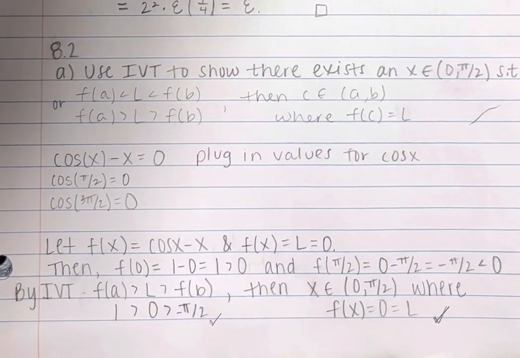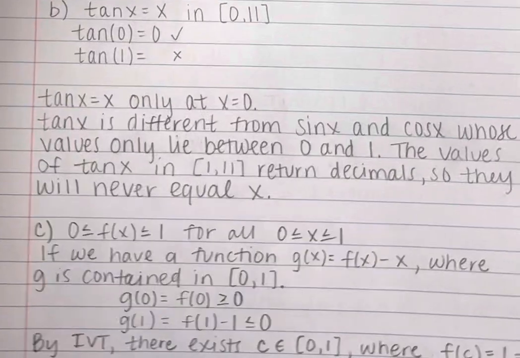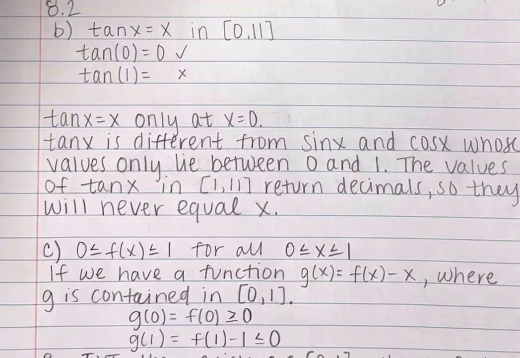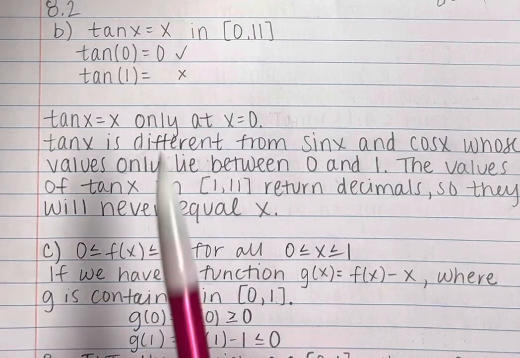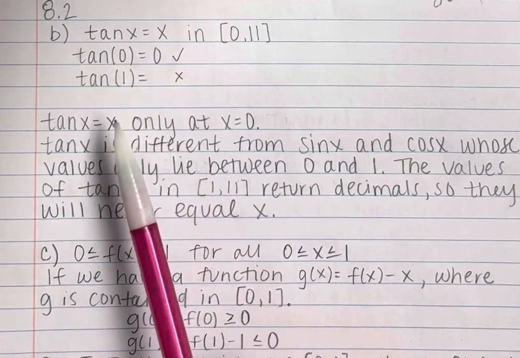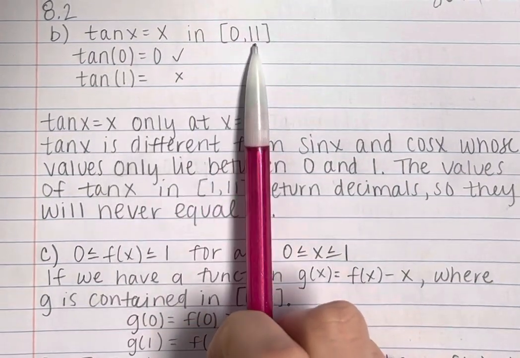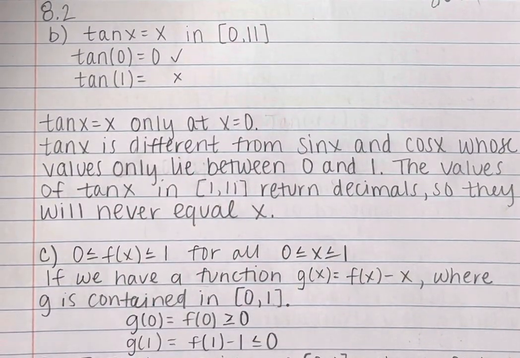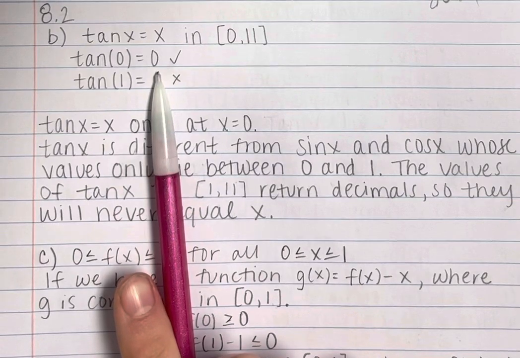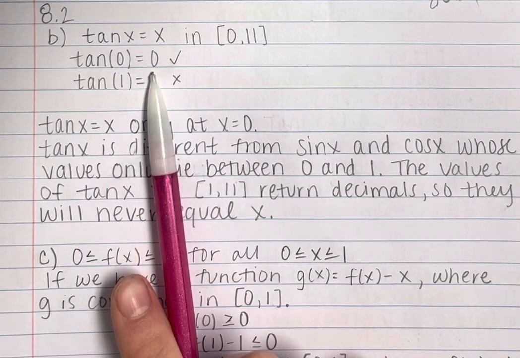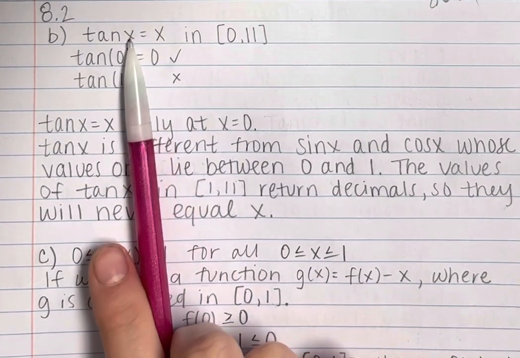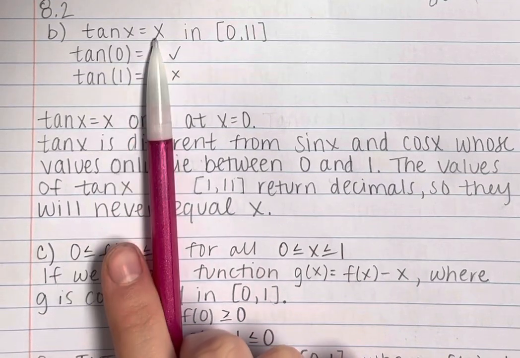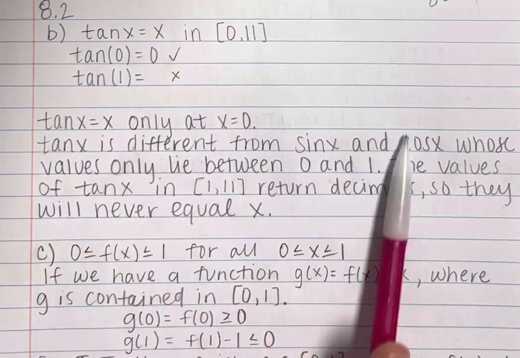Now moving to 8.2b, we want to show how many values of x from 0 to 11 does tangent of x equals x. Well, we have tangent of 0 equals 0, which proves this here. But for all of these other problems,